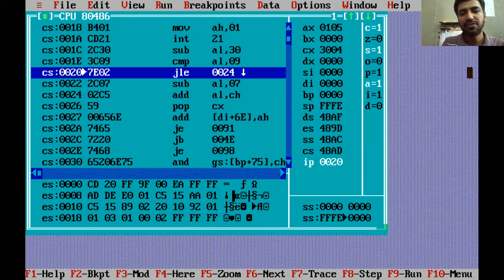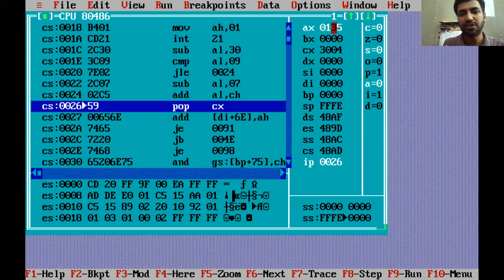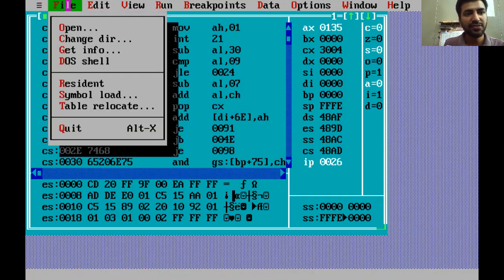Again this would be 30 and this will be subtracted. This will become 5, 35 minus 30 is 5, and after that I'll compare with 09, and this would be less. So it will directly go to addition, and it will add AL with CH, and this will become 35. So your result would be there in AL as 35. I entered 3 and 5, and I've got 35 here, because I first entered 33 and 35 through the keyboard. In this way you can understand the entire conversion.